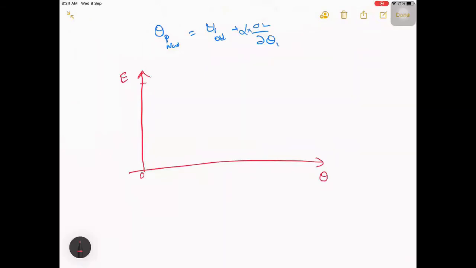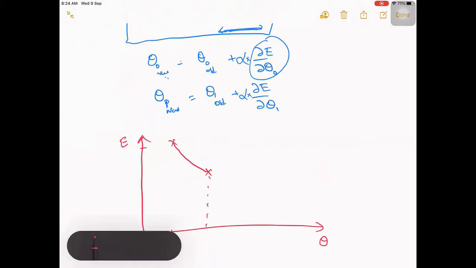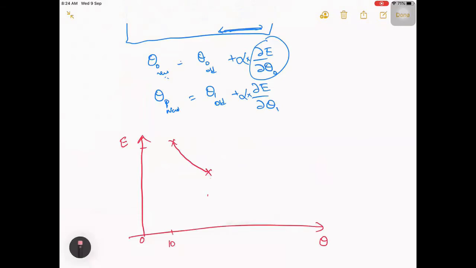Okay. So what happens is, let us say your initial value is here. Your theta is some value like 1 or 10. Next, because of this you got a new value, and then it decreases to some point here. Okay, so this is the first point, this is the second, and next what happens?